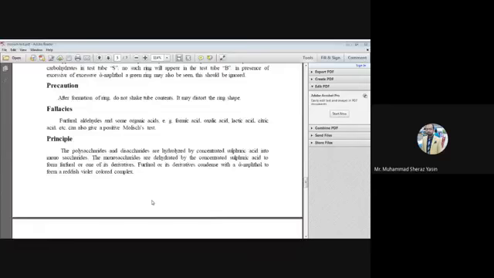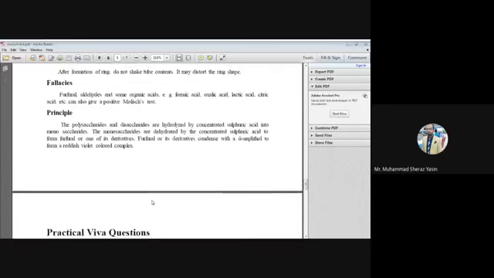Now, what is the principle of this test? That is quite simple and easy. Principle would explain to us what is the basic reaction, what is the basic mechanism, how you can have the reddish violet ring in the test tube, and what is the logic, what are the biochemical equations or methods to produce this complex at the end of this chemical reaction.